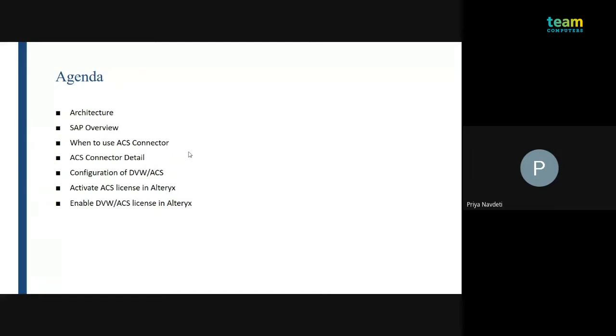Then we'll go through the SAP overview, basically what the SAP system is and what we need to do for the SAP system.